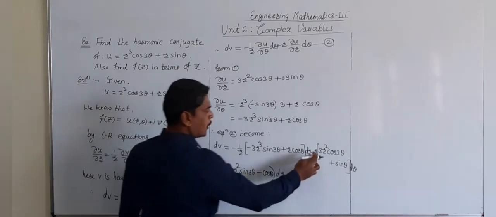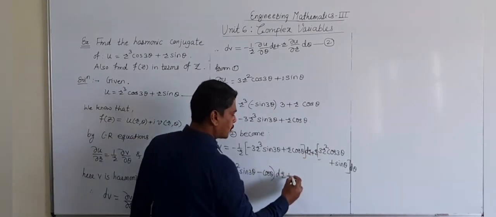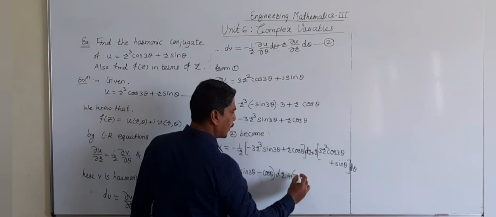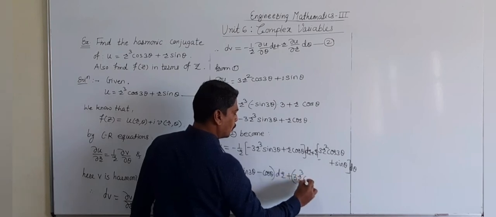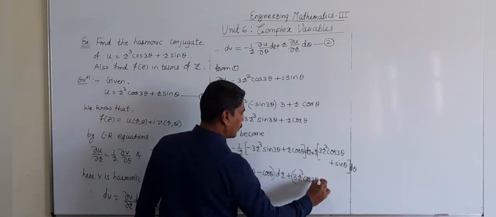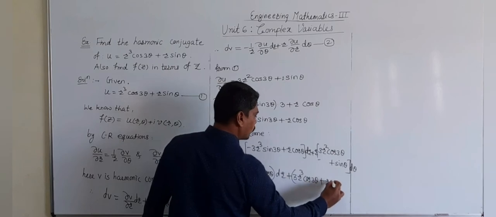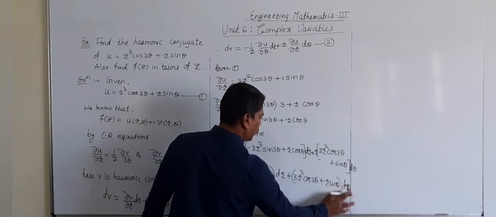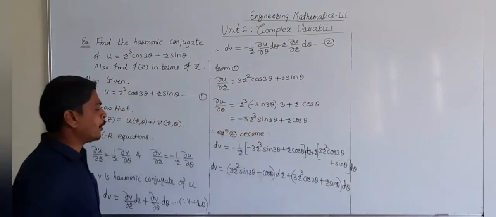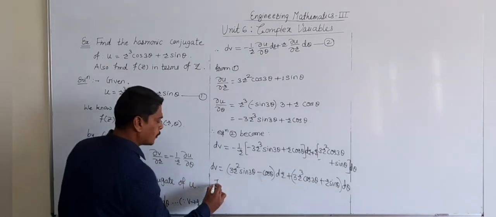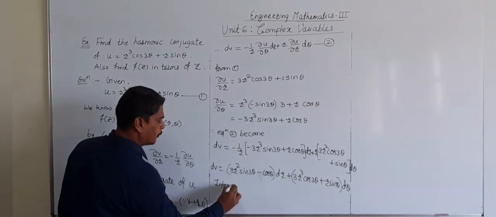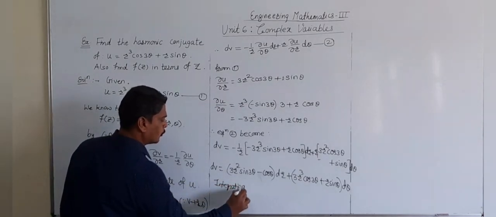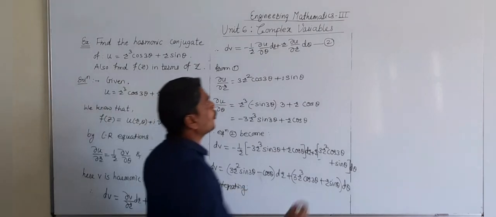Then multiplying this r inside the bracket, we get plus 3 in bracket 3r cube cos 3 theta plus r into sin theta, bracket complete, d theta. Okay, so in that way we get our equation. Now integrate this, integrating, we get integration of dv